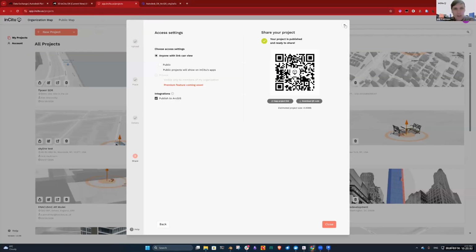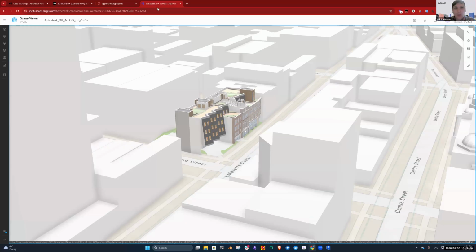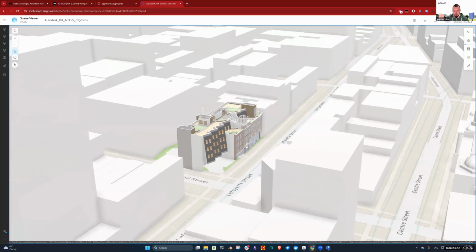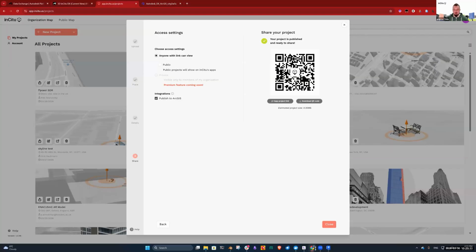And if you want to have an ArcGIS Online map that has multiple projects on it, you can use this scene layer and bring it into a digital twin map or whatever you're building for your multi-project site. Yes, exactly. Back to